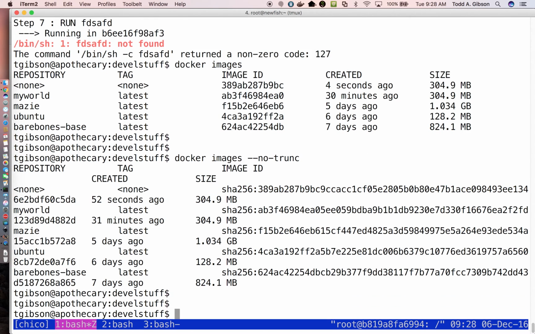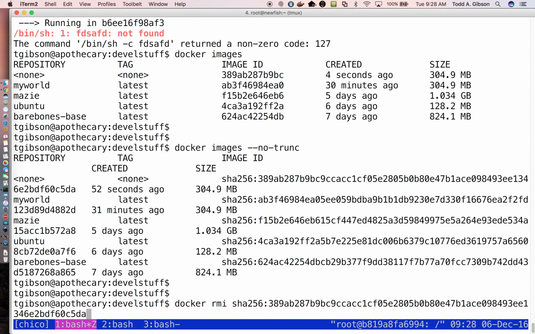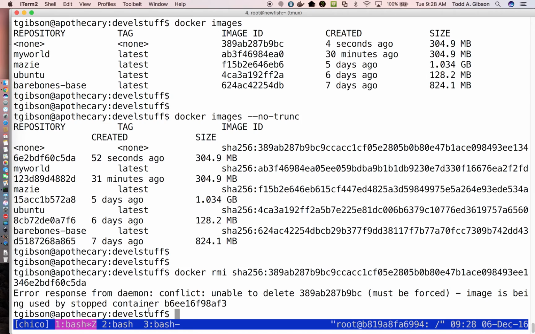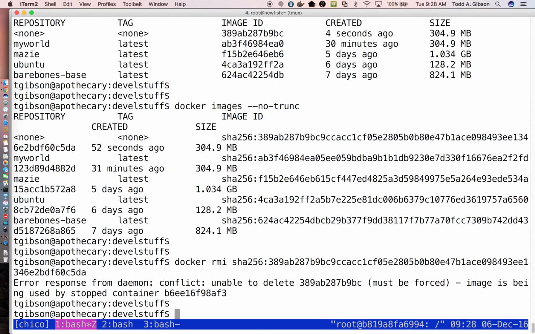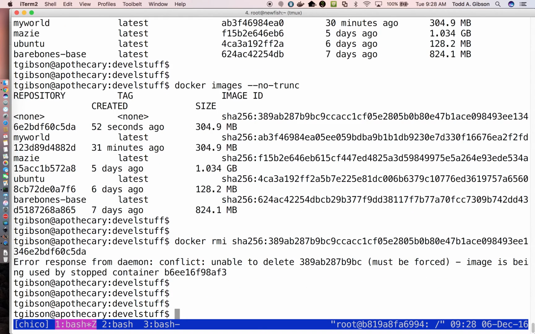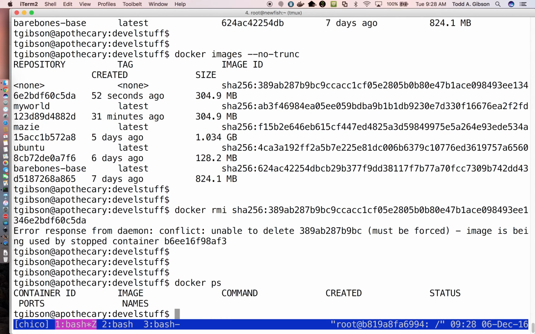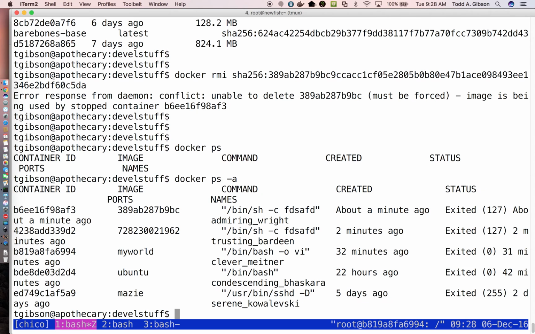So we'll probably find it won't work, and I'll explain that in a minute, but I'll say docker rmi, I paste that in, and when I try to remove the image, it says there's a conflict because there's a container that's using that image. So this gets back to what I did when I was starting out last time, which is if I do docker ps, nothing's running, but if I do a ps -a to see all containers, stopped and started, here I see